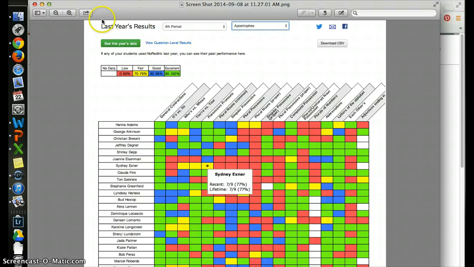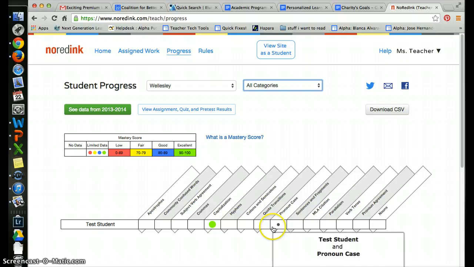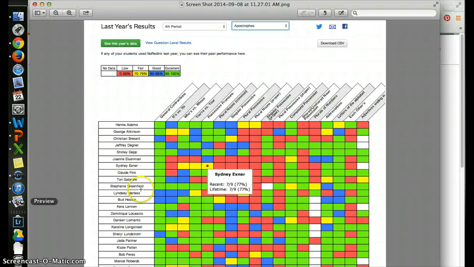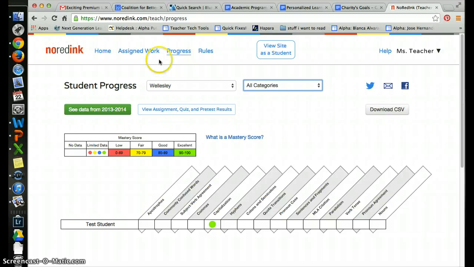So for a while you might have a heat map that looks like mine. It's not very filled in. This green circle means there's not enough data, but eventually it should look like this, and you should be able to drill down and see what specific students need to work on. So this could be really useful for personalized learning block, or just helping your students to get up the skills that they need. Last thing I want to show you is this, if we go home